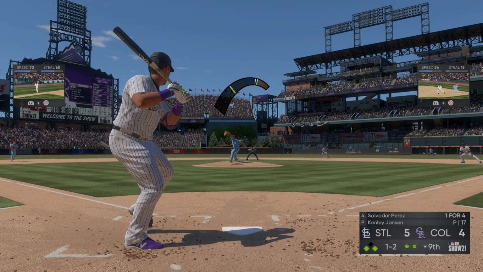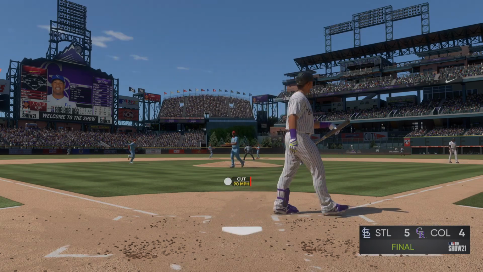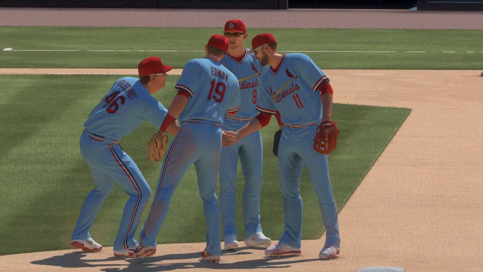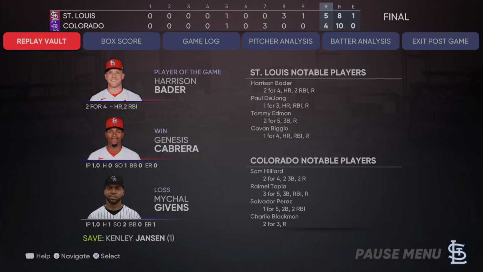Has them down to their final strike. Here it comes. And he struck him out, and the ball game is over as they get the possible tying run over to third, but can't get him across. A 1-run finish today, 5-4 the final score. The Cards came through when it mattered in the 9th on the way to the win. Genesis Cabrera takes home the win. So that will wrap